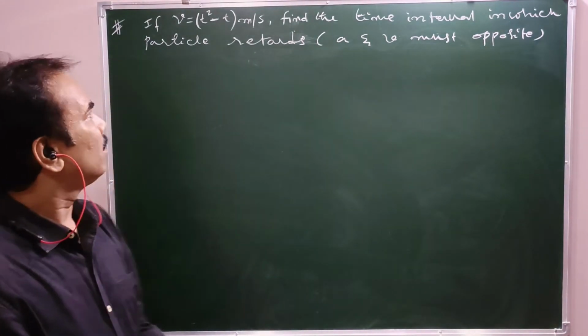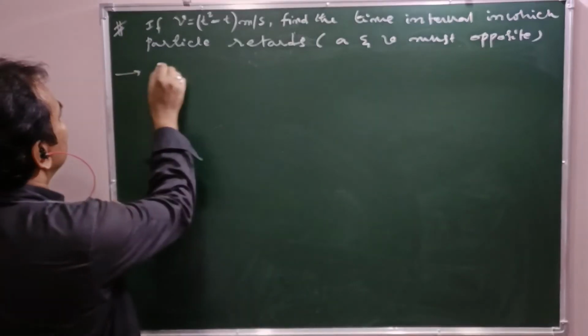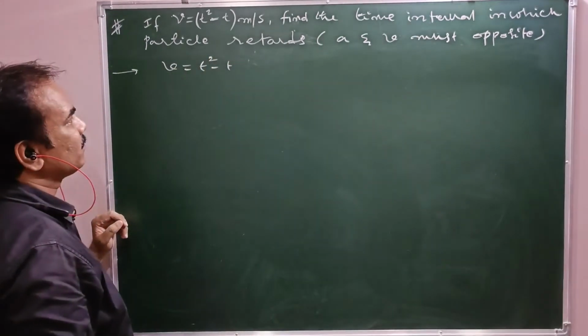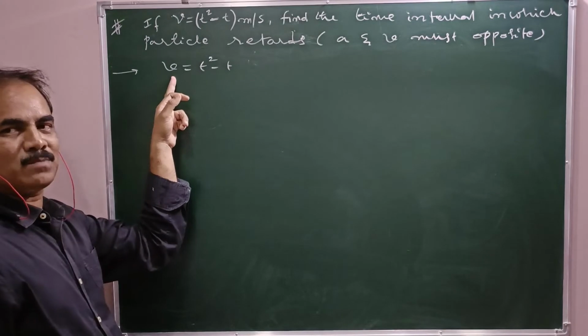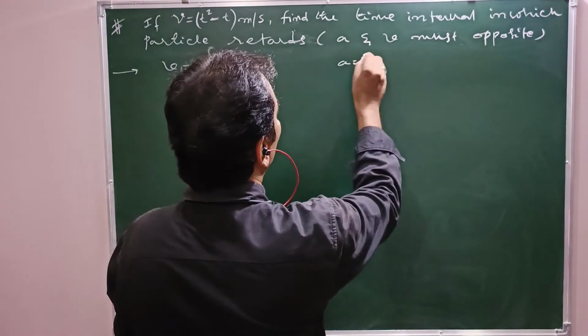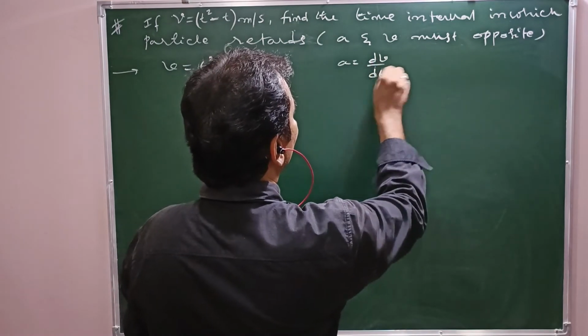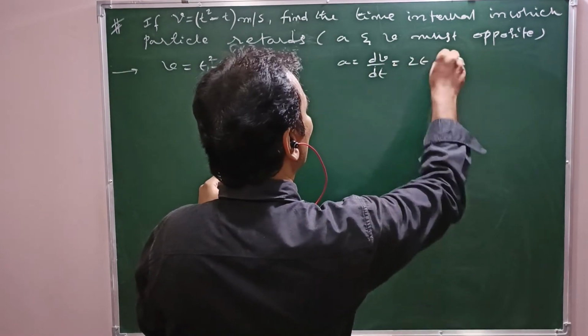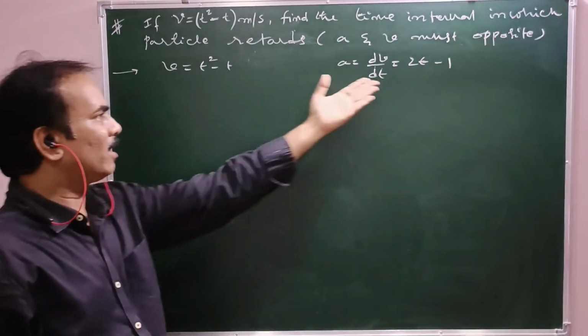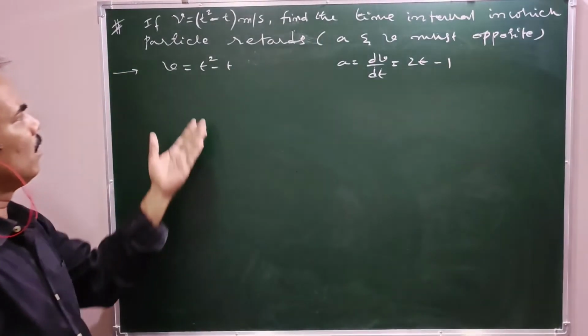See, velocity v equal to t square minus t meter per second. On differentiating velocity with respect to time, you will get acceleration. So a equal to dv by dt, that is 2t minus 1. Now,